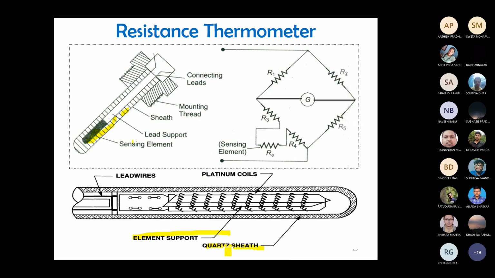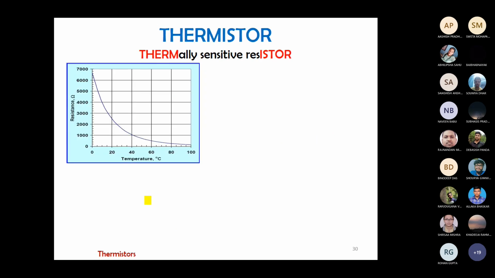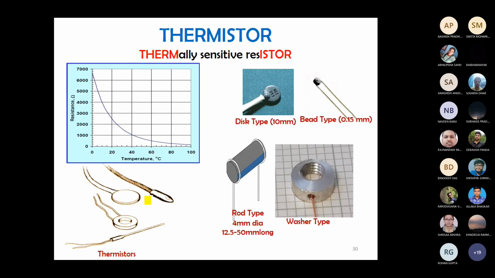How does the sheath look? The lower portion looks like the sheath. Here what you can observe is the thermistor. Bimetallic strips are there, and here you can see their location. The wicks look like this, 10 mm, and this one is 15 mm. It also looks like a ceramic type of capacitor. So there are different processes. Here you can see the thermistor.